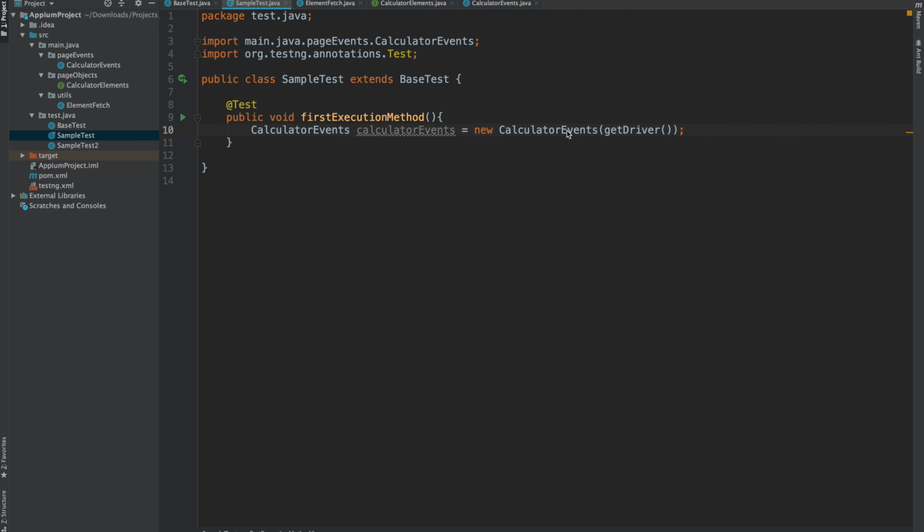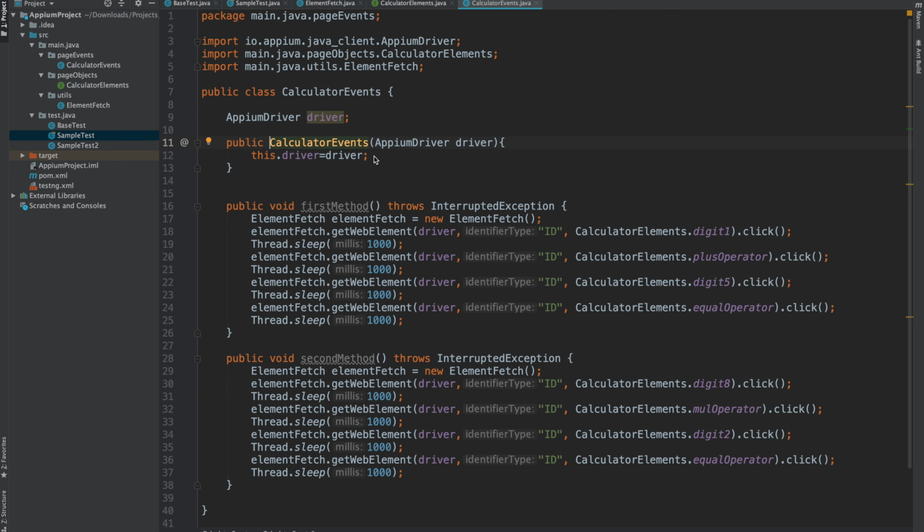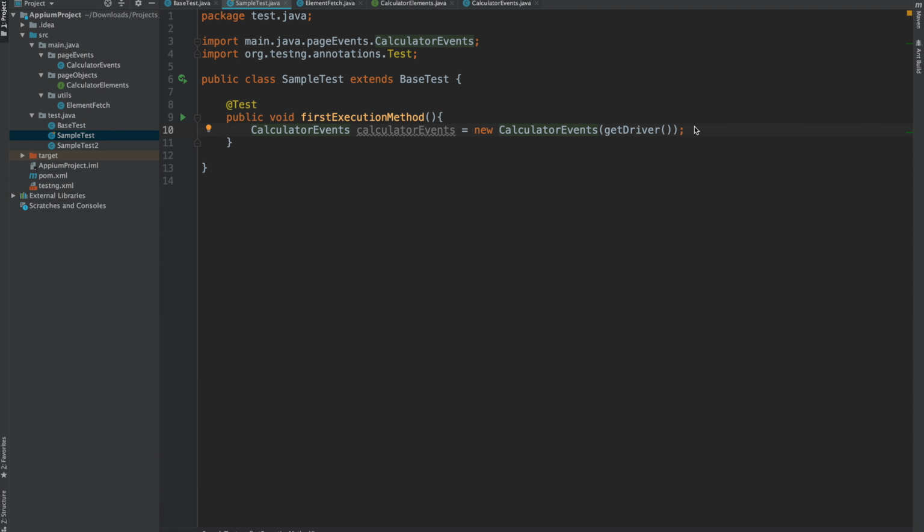So basically we are sending the value of the driver which we are setting in the base test to this calculator events, and here it is putting the value into its local driver. Now coming back to the sample test class, we just need to call the method there, which will be the first method.